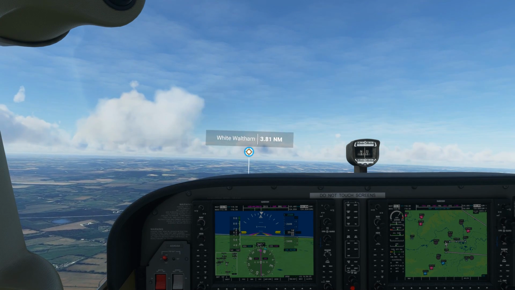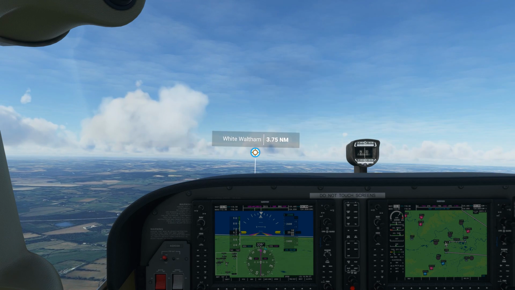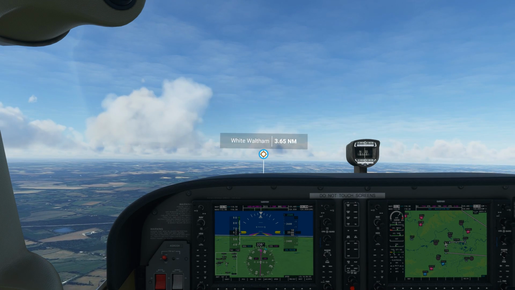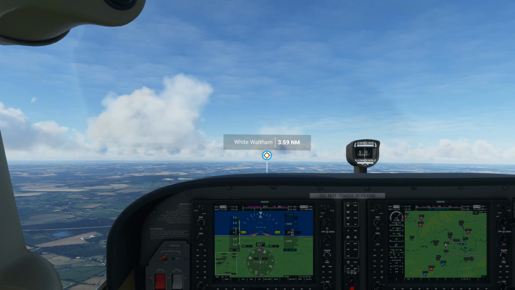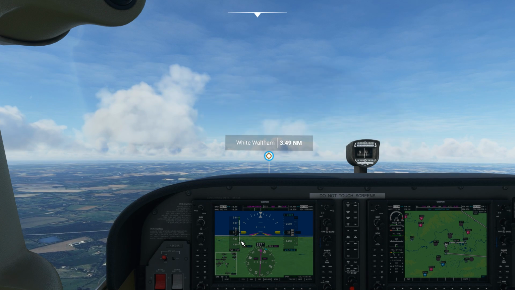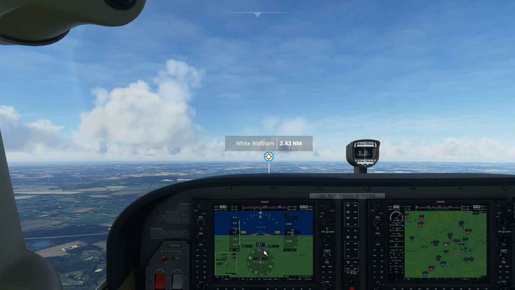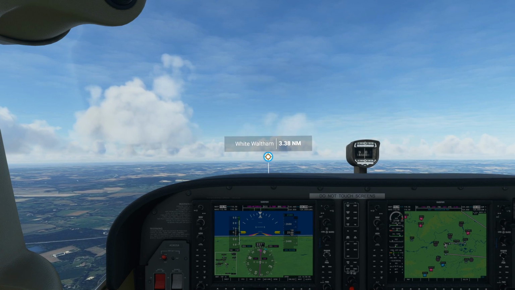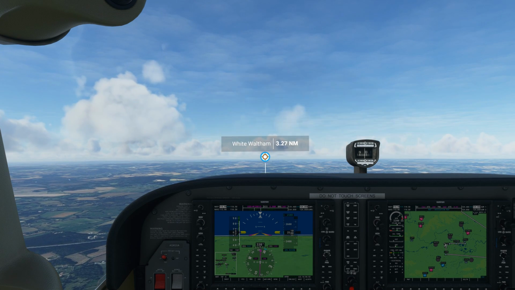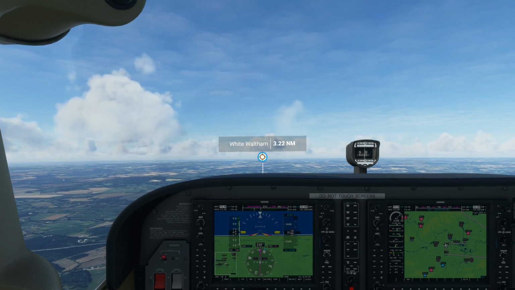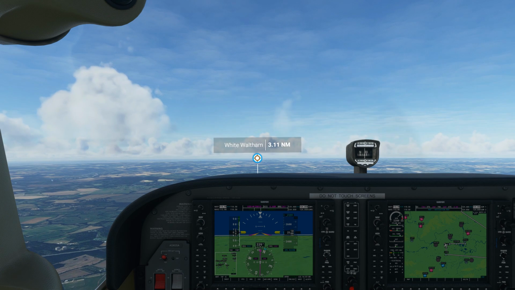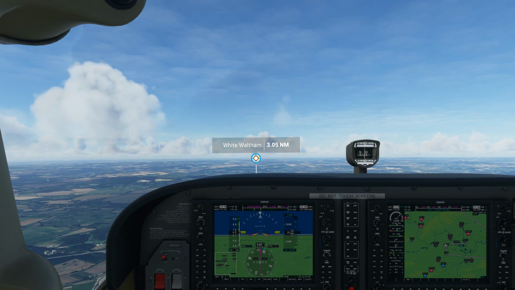Don't want to be too slow, I don't want to be in danger of stalling, of course. And putting the throttle up a little bit does help because we will be controlling our descent with the throttle, of course. So there's no harm in doing that. Just ensure that you're not going too slowly. There we go. We're building up speed a little bit better there now. Just want to get it up a little bit. Takes a bit of practice. Just play with your throttle and then use it